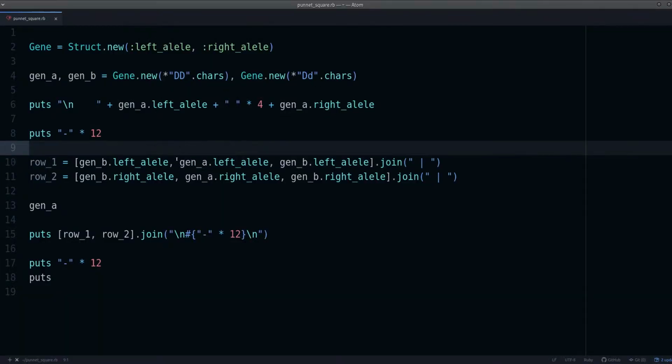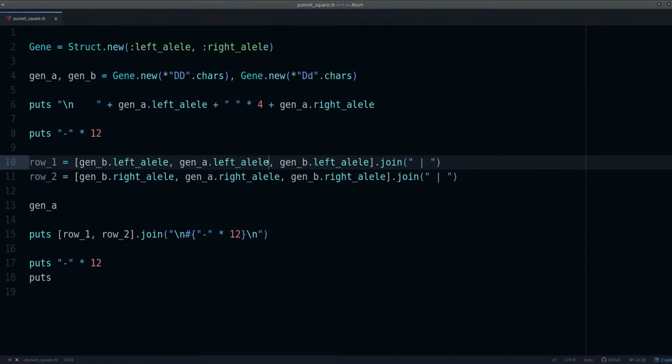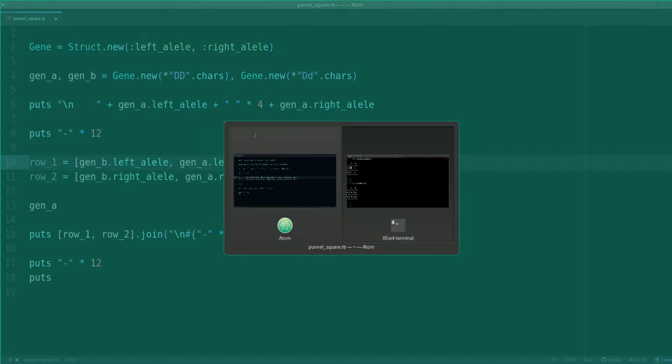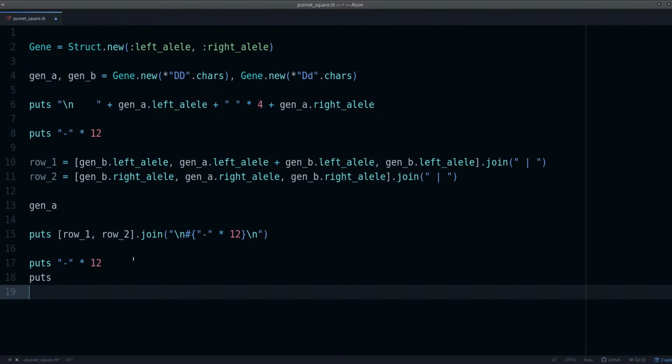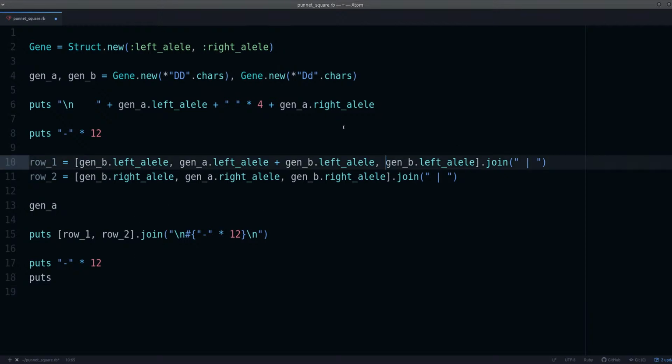Because before we had them crossover, we had the crossovers right here. So it was left plus left. We had all of the crossovers done differently with the products. So left plus left, left